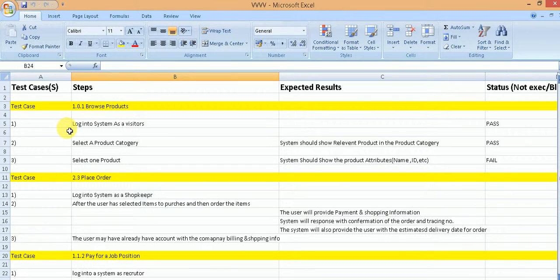You can have either no test data, which means that if you are executing the test case, you have to design your own test data at execution time, or if somebody else is executing your test case, they have to come up with their own test data. But your format may have a place for putting the test data, and you can put either one test data set or multiple test data sets.